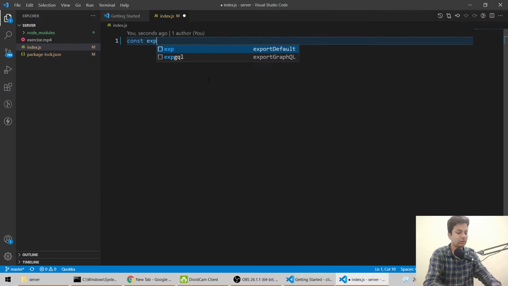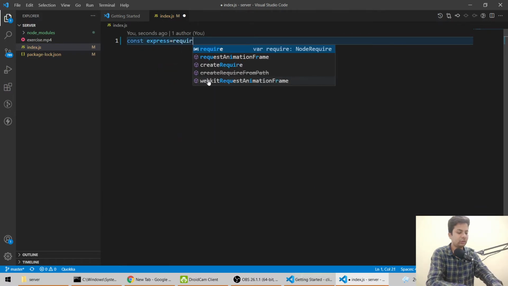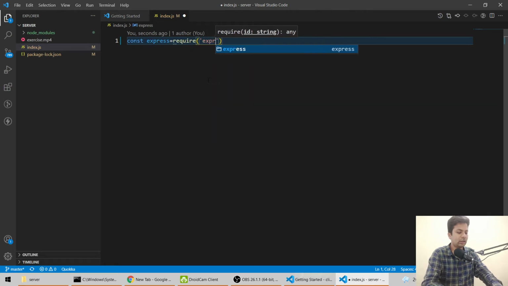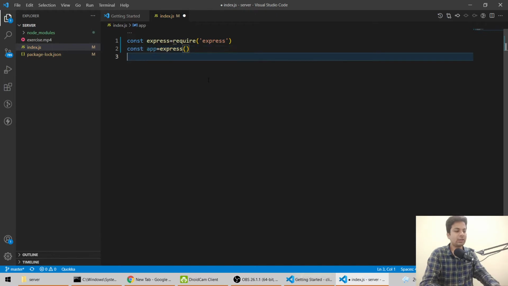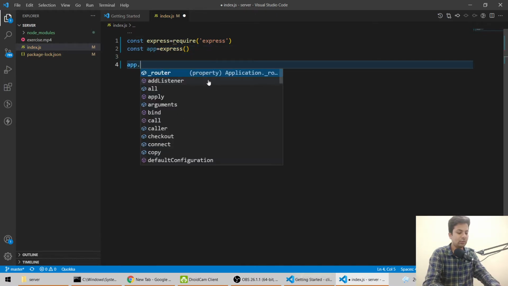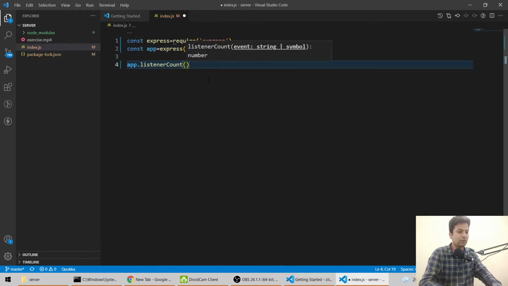We'll say const express equals require express. Then we'll say const app equals express. Okay, we have made an express app. Now we'll say app.listen, sorry, not run.